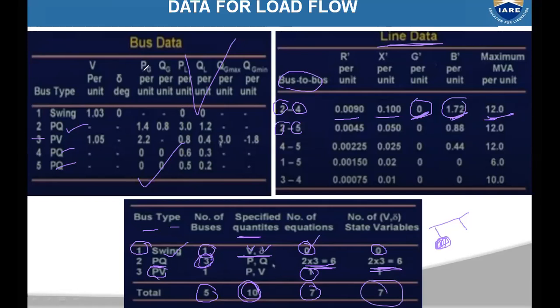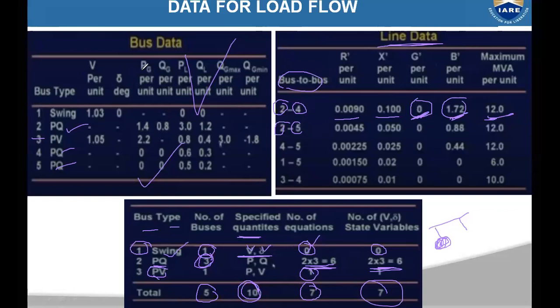So this is the data required for the analysis of load flow. The analysis of load flow is nothing but determining the voltage and delta at each and every bus. This is our ultimate aim. From the load flow solution, at each and every bus, you should know the magnitude of voltage, the delta angle, the power injected, the reactive power injected, and if you want extra data, the line power losses. Everything you will know from the load flow solution.